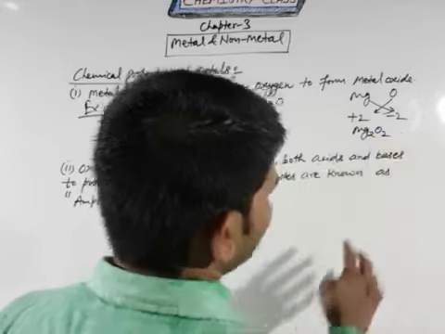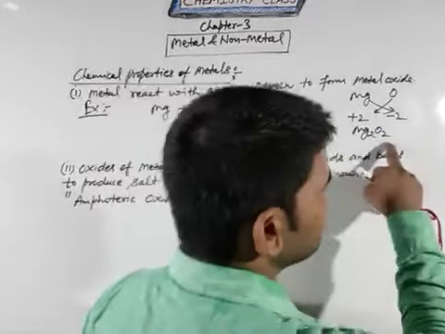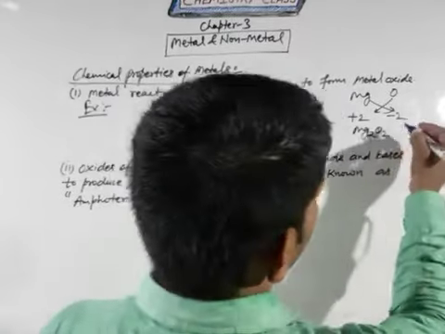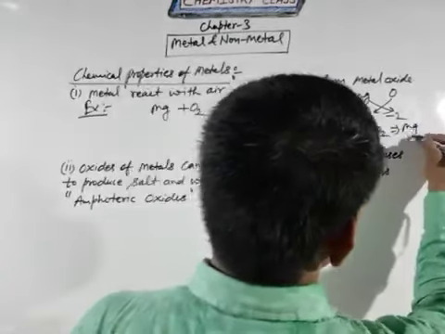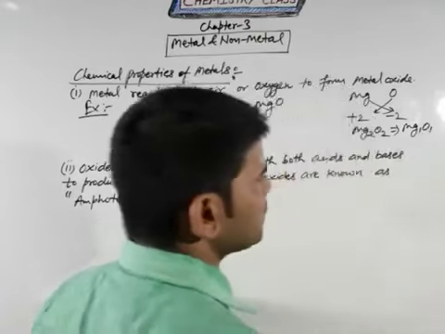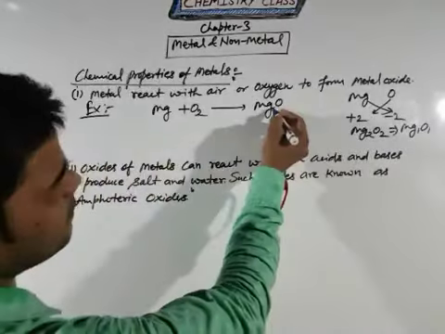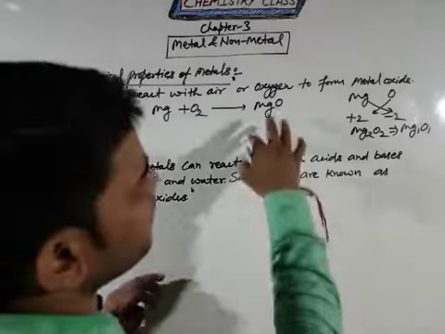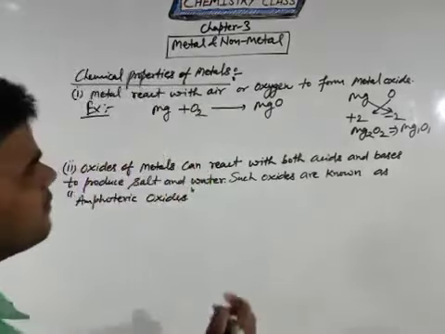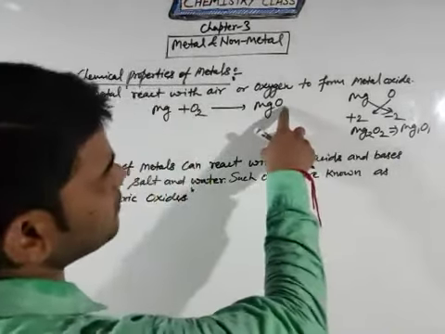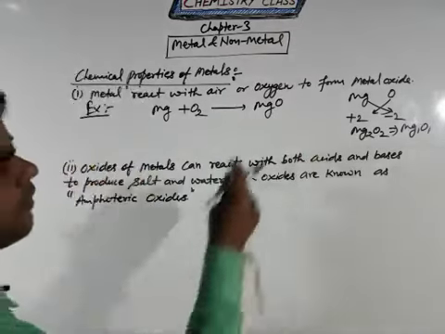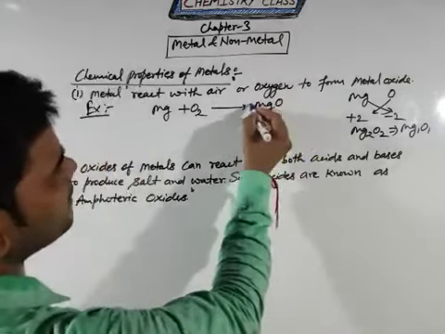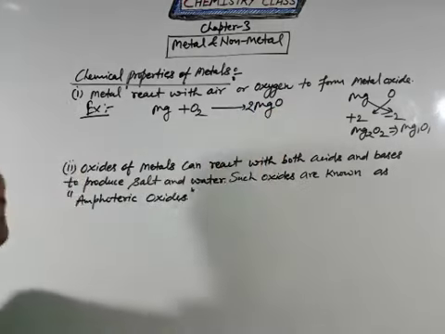But in this case you can see this is a whole number and this number can be cut with the help of the digit 2. So it will become Mg1O1. So this is also Mg1O1. Here you can write MgO. And in this case you can see the last atom has an odd number. So if an odd number is there, you can multiply by an even number for the balance.